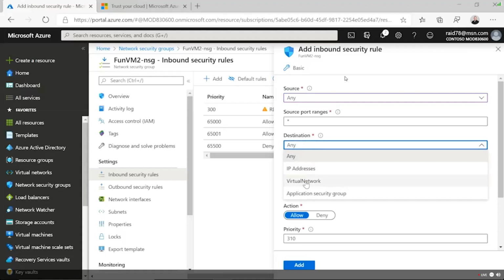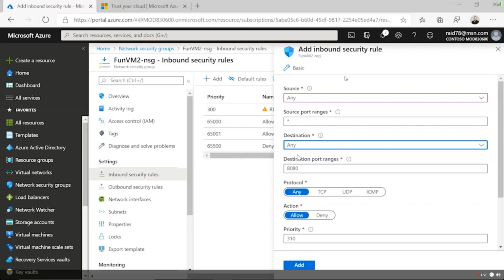Because a network security group can sit in front of multiple virtual networks. Or I can do application security group, so I can have that group of computers, and they work like this. I maybe have all of my web servers grouped in a thing called web server. I'd say internet traffic can talk to web servers. And then under web servers, I might have my database servers, and that means web servers can talk to database servers. In other words, if a hacker is going to try to come in, they have to go through the web servers before they can get to the database servers. Everything else is just blocked.